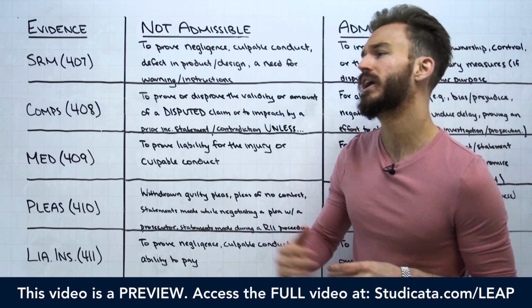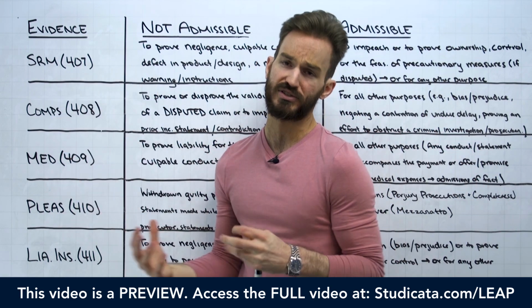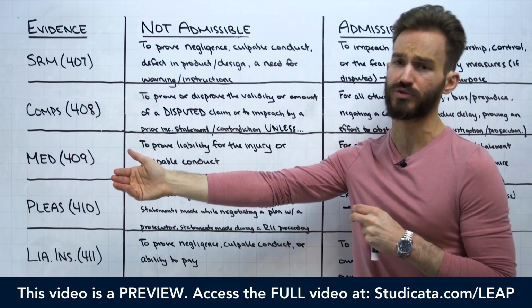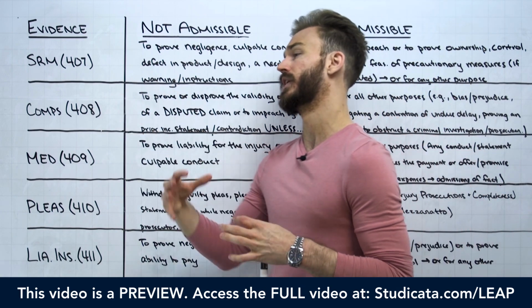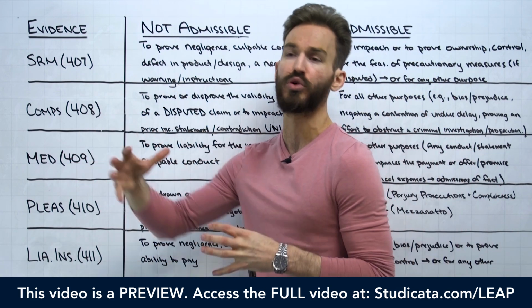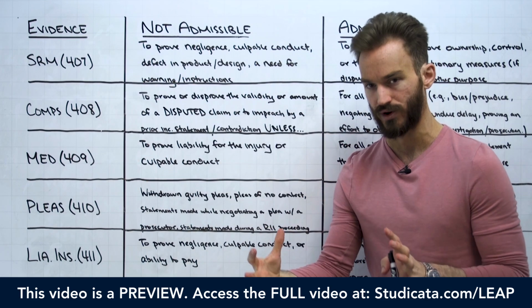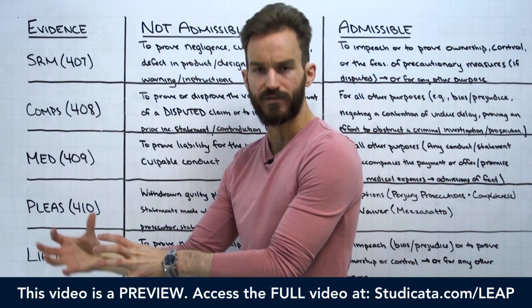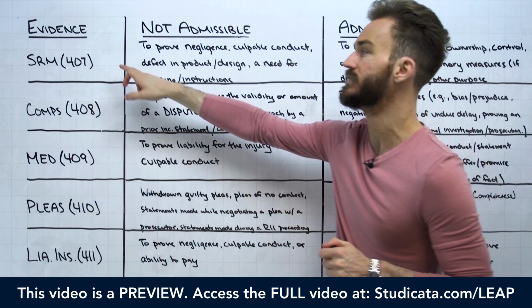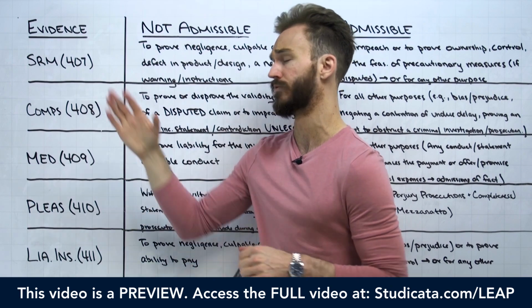It could be changing your entire company policy, right? Changing the way you manufacture a process. It could involve firing an employee that caused the harm, right? Anything that you do after an injury to try to make the conditions safer is generally going to be considered a subsequent remedial measure under 407.